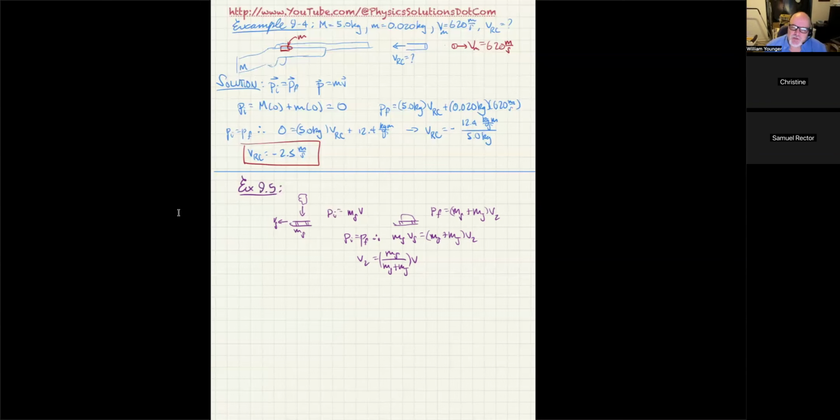This is sort of the reverse of what just happened, in that she's now leaving the sled with a velocity that's perpendicular to the velocity of the sled. So in that sense, it's sort of the reverse because she's leaving the sled instead of entering the sled. But in light of her leaving the sled off to the side, she could, in principle, just roll off and not apply any force to the sled.